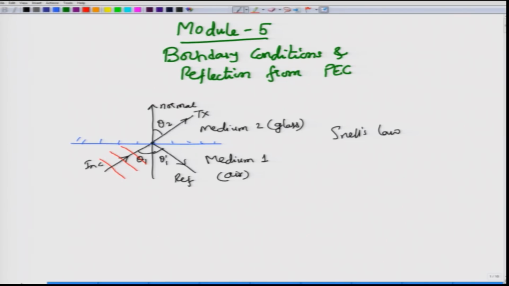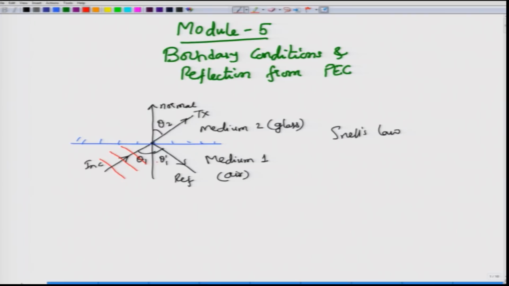So, when light is incident on the second medium at an angle theta 1, there is a partial transmission into the second medium, where the light makes an angle of theta 2, just like a pen dipped in water would seem to have an angle theta 2 with respect to the normal to the interface. And there is a partial reflection as well, and the reflection angle, in this case, I have denoted as theta 1 prime.